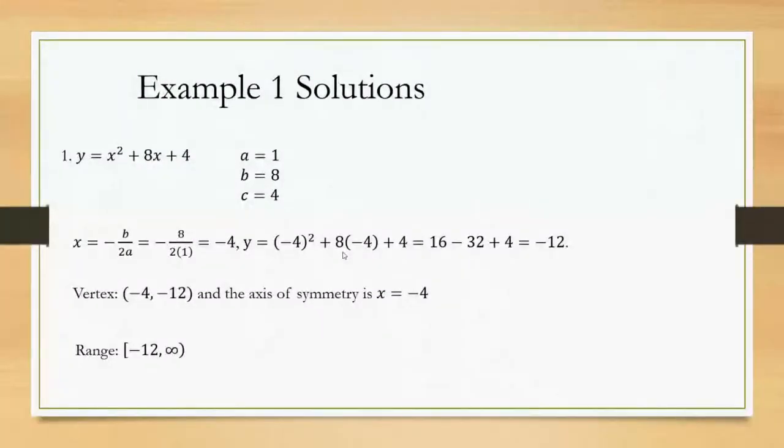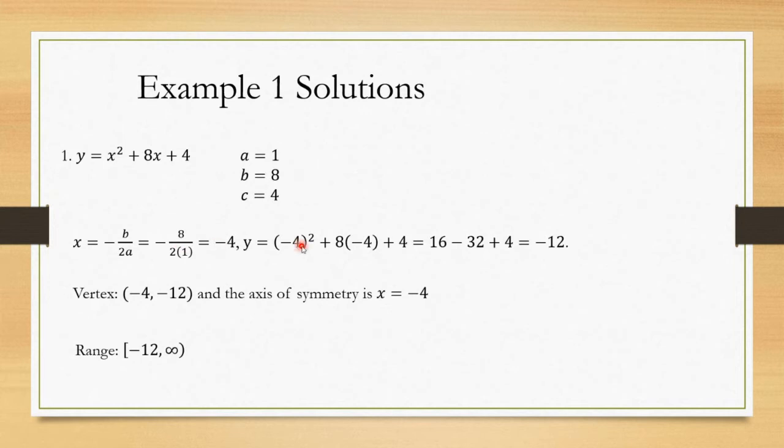Okay, so for the first one, hopefully you can see that A is 1, B is 8, and C is 4. So we have A is 1, B is 8, C is 4. We want to calculate negative B over 2 times A, so that's negative 8 over 2 times 1. That number's not bad. That's just negative 4,